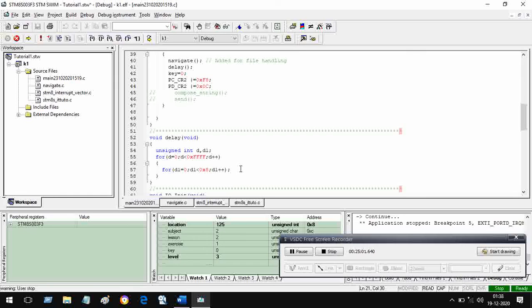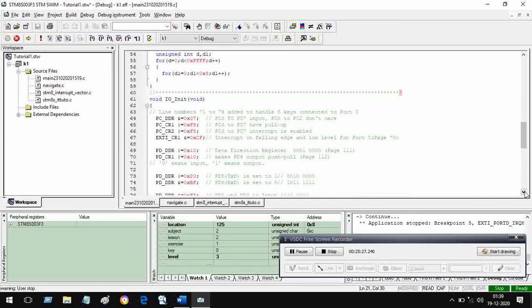65,535 times. So whatever delay is created by this, that delay is multiplied by 65,000 plus figure that comes, which is FFFF in the hex. So this is the change, another change. The delay I have changed. Earlier it was a variable delay which we could change easily. Here it is not variable delay.